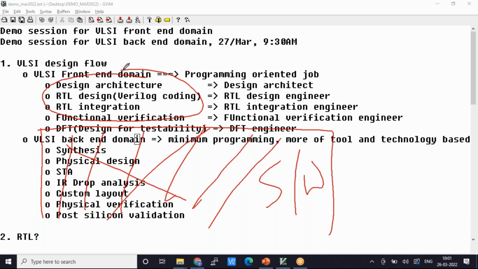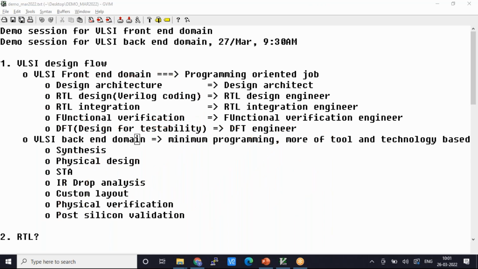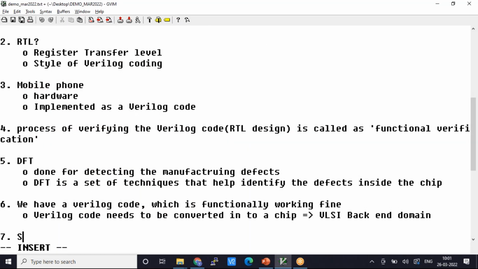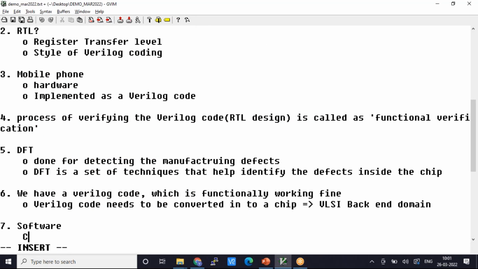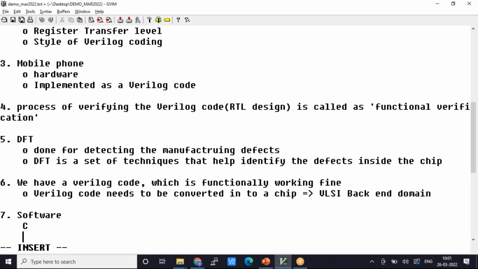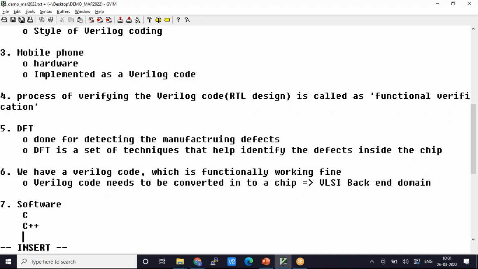Now you may say, then both of them are the same. Are a software engineer and a VLSI engineer the same? No, they are not the same, but they are similar. The reason is, in software they use C programming. For advanced level, they use C++. For even more advanced, what do they use? Java. In VLSI also, we have something called